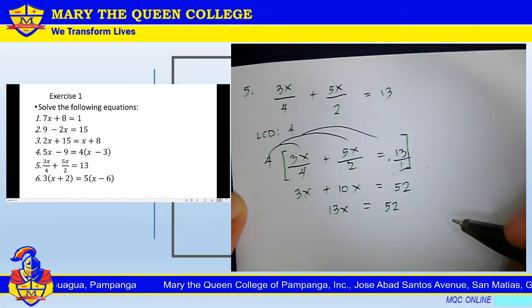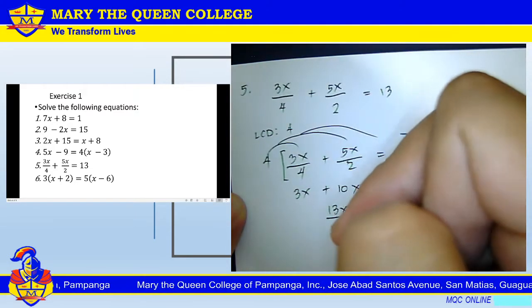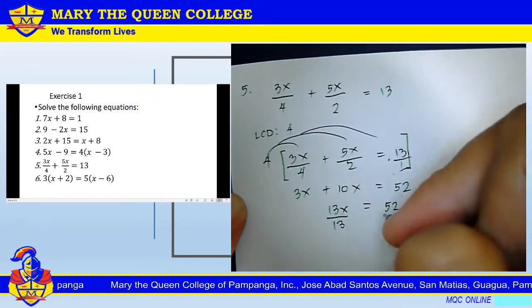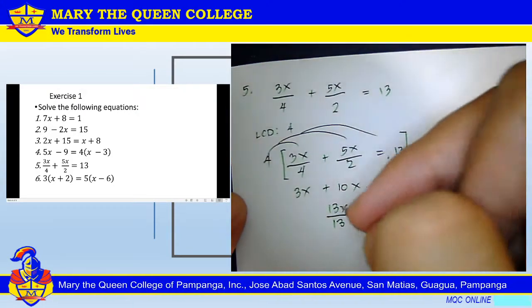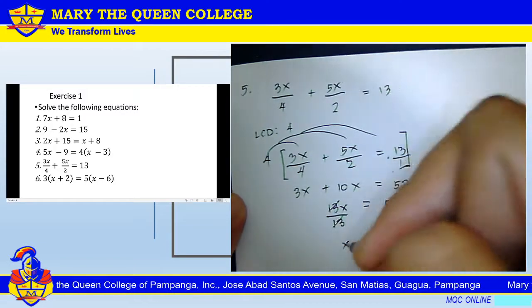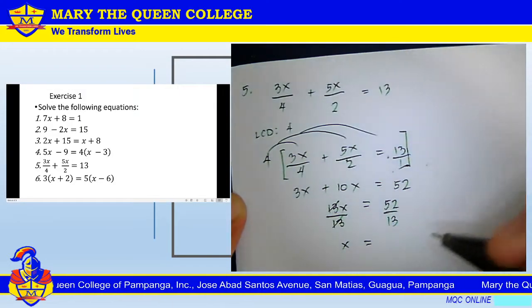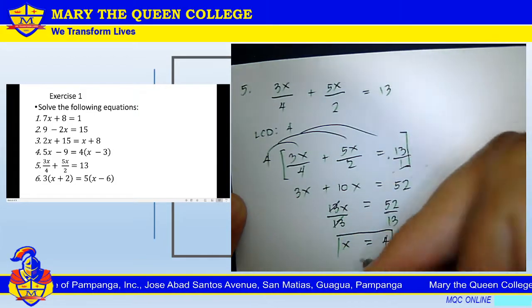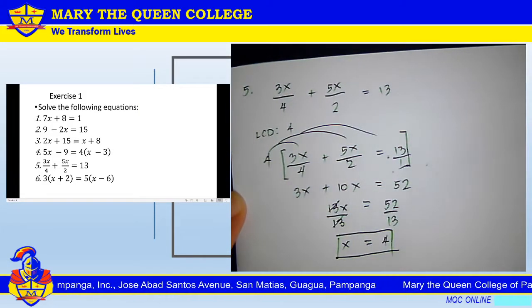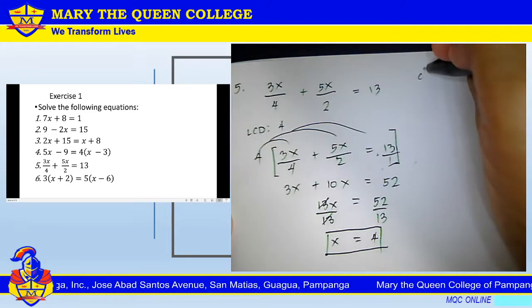To eliminate 13, divide both sides by 13, applying the division property of equality. So 13 divided by 13 is 1, so you will have x is equals to 52 divided by 13, that would be positive 4. So our solution for this equation is positive 4. Okay? Then for the checking,